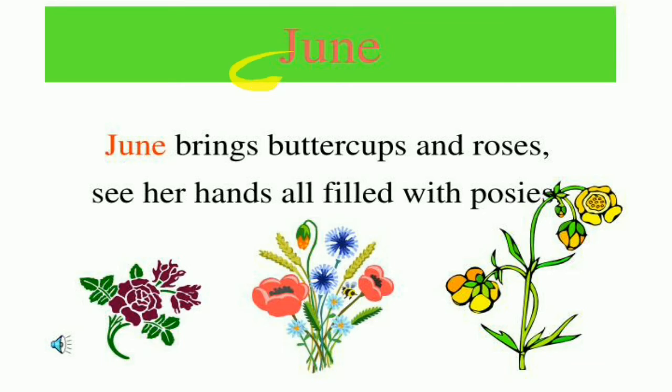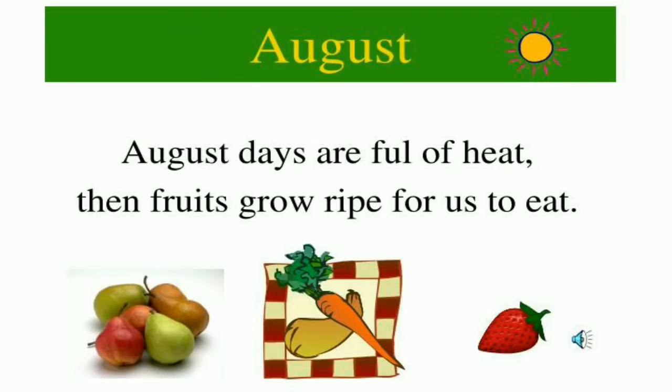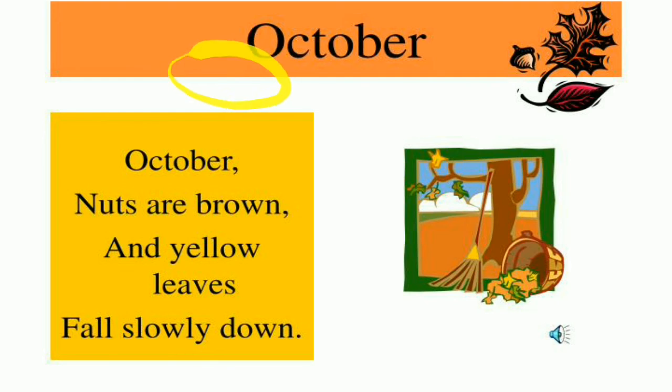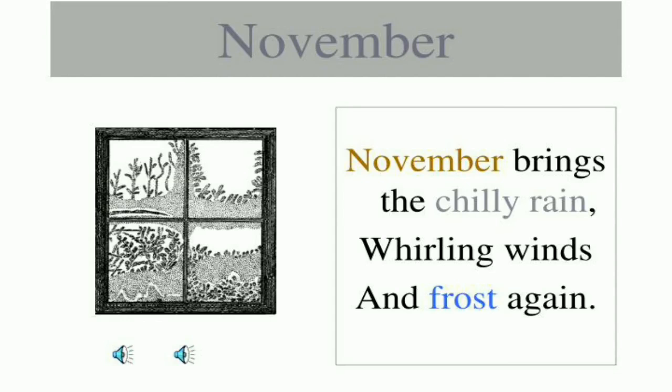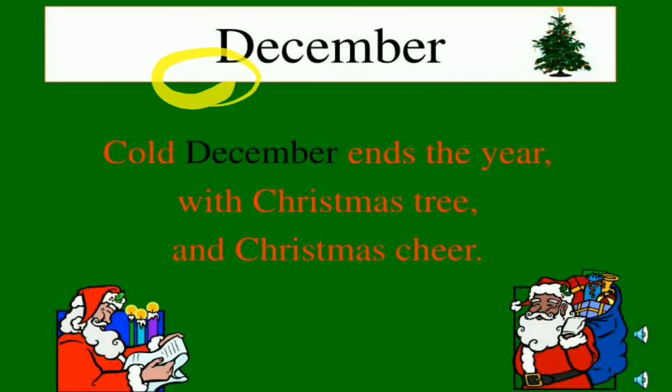Then June, so June also J capital, starts with a capital letter. July also J is capital. Then August A also capital. September S capital. Then October, so October O is capital. Then November, so N is capital. Then December, so D is capital. So December is the end of the year.